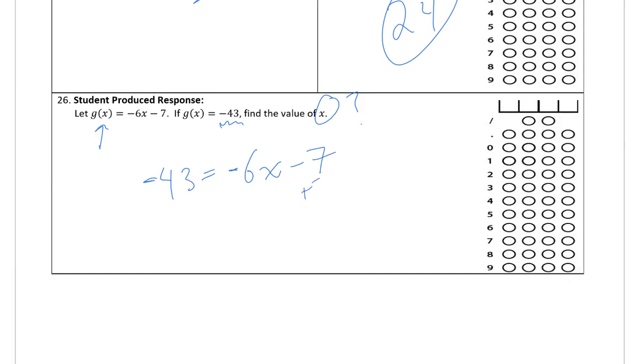So if I add 7 to both sides here, that would give me negative 6x is equal to, we would have negative